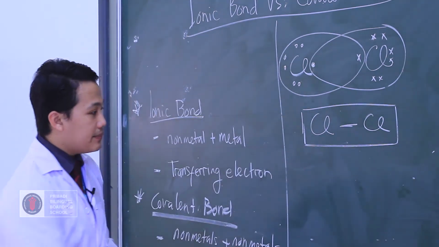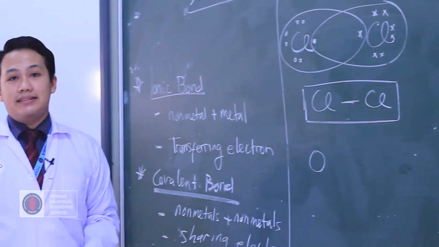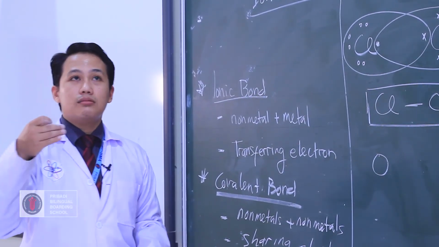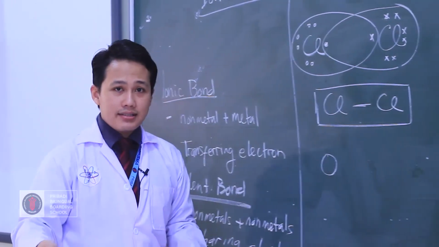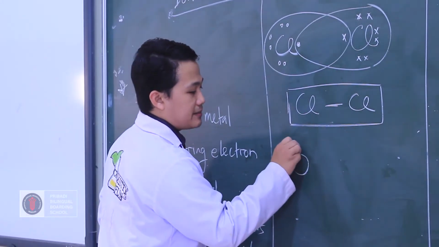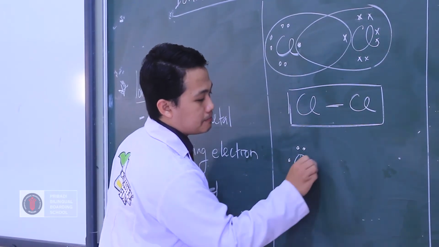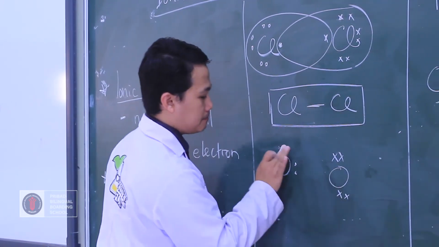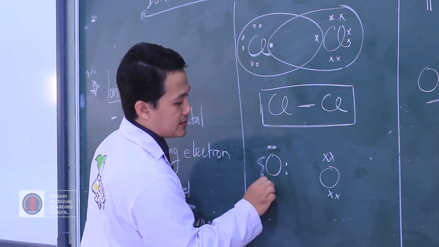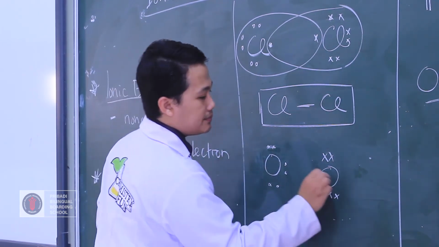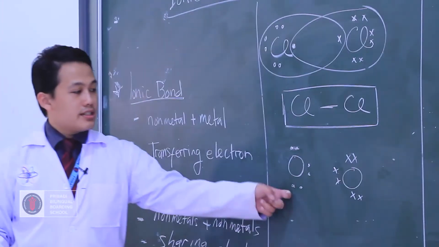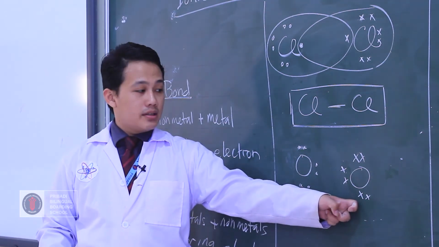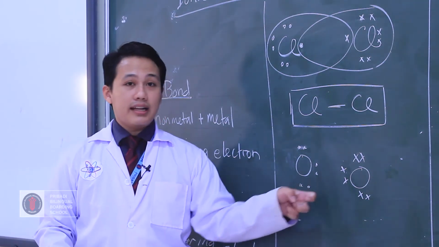I'll give you another. Let's say oxygen. Oxygen is 16. Oxygen is 8. And then the valence electron count is going to be 6. Isn't it? And there is also another oxygen. So let me write it down like this, so it will be easy for you to see. Okay, this oxygen and this oxygen. It needs 2 electrons and also it needs 2 electrons. Both of them are non-metal, both of them need 2 electrons from each other.